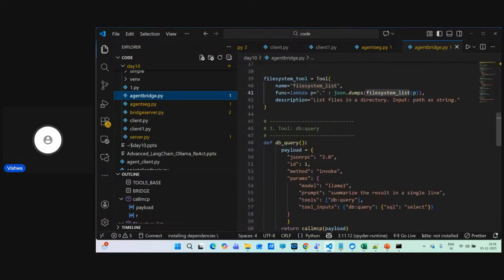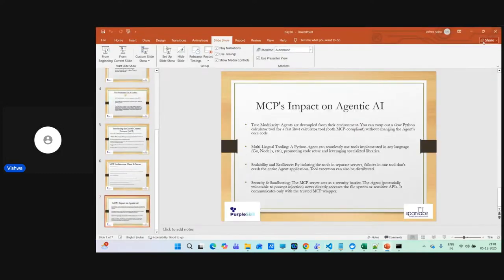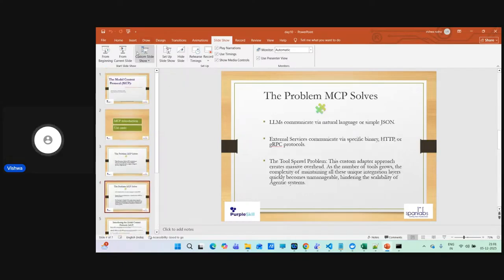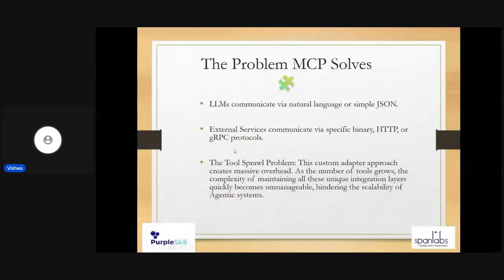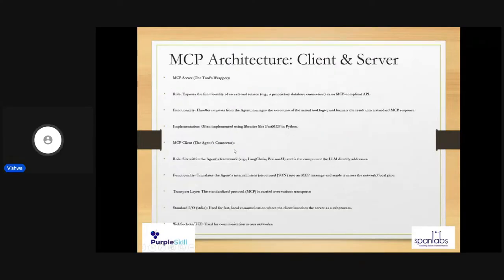So we can just get the response from this particular server and based upon that, we can use it, correct? So that's the use of MCP. While this runs, let me just recap once again. The problem which we are trying to solve from MCP perspective is